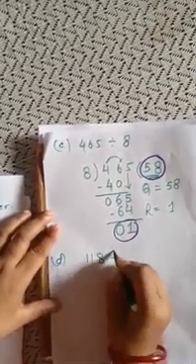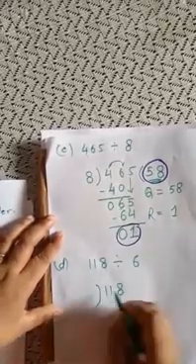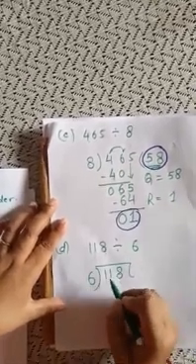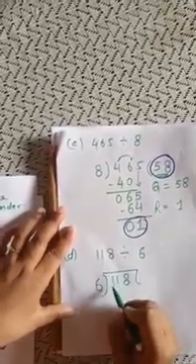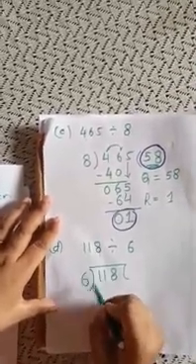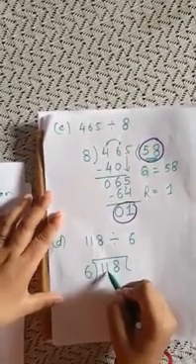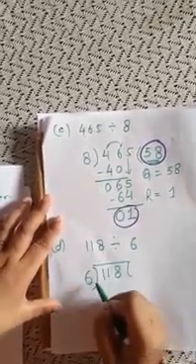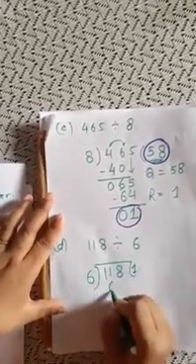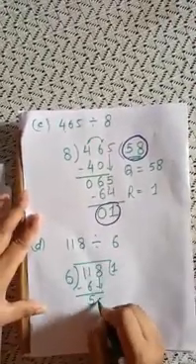So now let us take another example. 118 divided by 6. So this 118 is dividend and 6 is a divisor, right? According to the rule of the division, start from the highest place value. Here highest place value is 100 and the digit at the 100 place is 1. So 1 is less than 6. Now we move towards the tens. We will take this tens place value digit also. Now it becomes 11. 11 is more than 6. Now let's start the table of 6. 6 ones are 6. We subtract 11 minus 6, that is 5. Now we put down this 8 along with this 5.